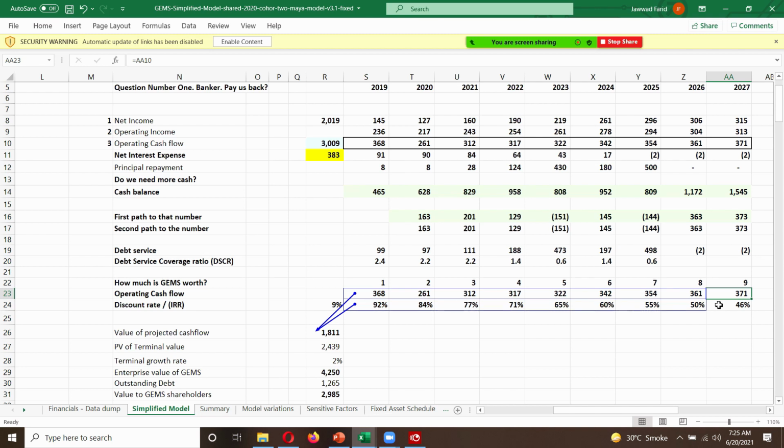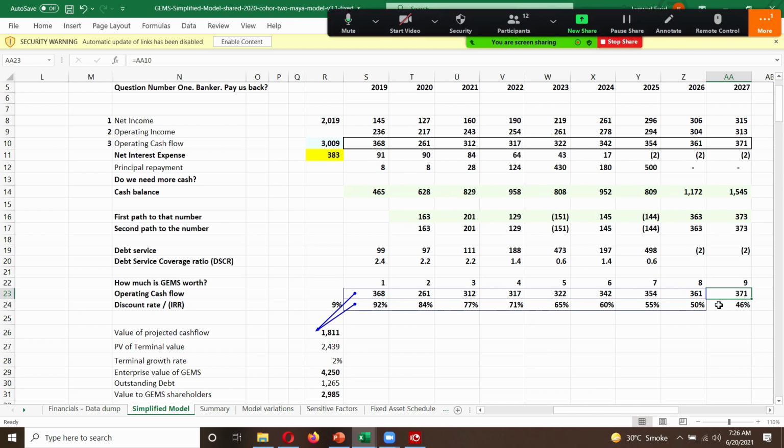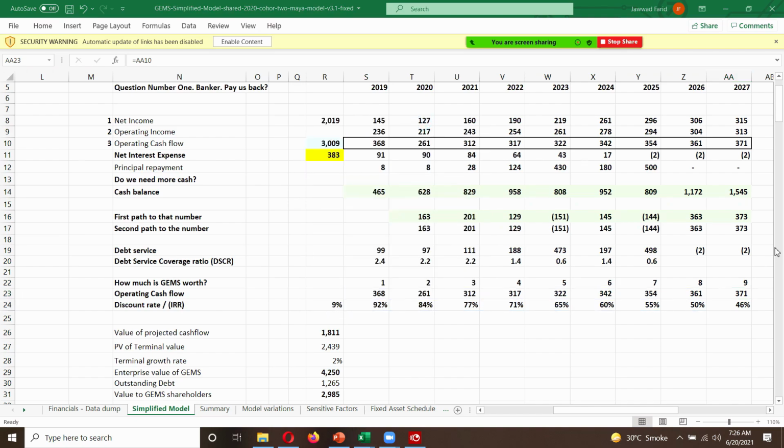This 371 is not going to stay 371. We expect that as things improve, it's hopefully going to grow at some stable, constant rate. So from a valuation perspective, what we normally do is model cash flows to a point where the business enters a stable growth rate. In the beginning years, you might grow at a much faster clip, then that growth may start to slow down. And we saw that with Maya also earlier. But here we're saying, what is the rate at which GEMS is going to grow once it hits stability? So you assume that growth into perpetuity.